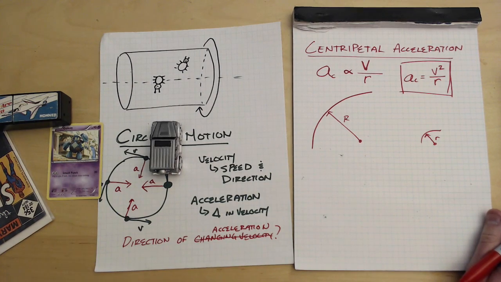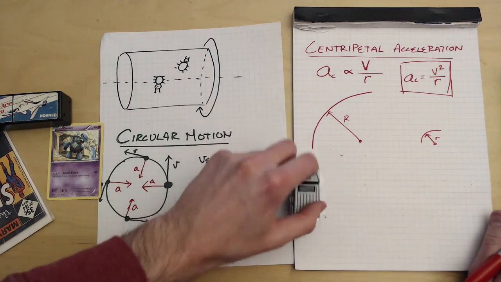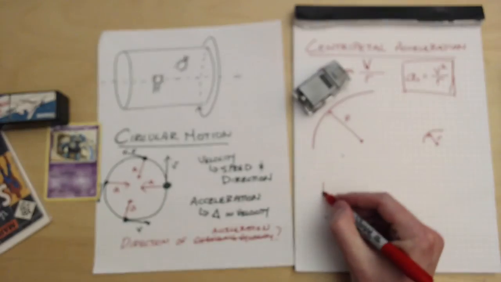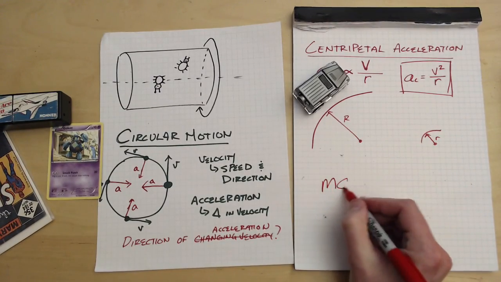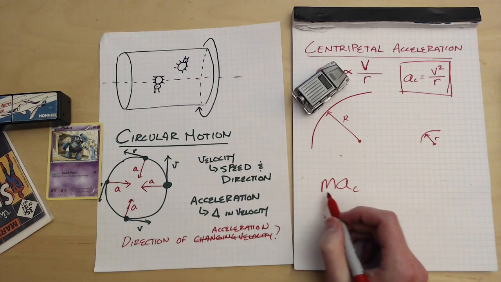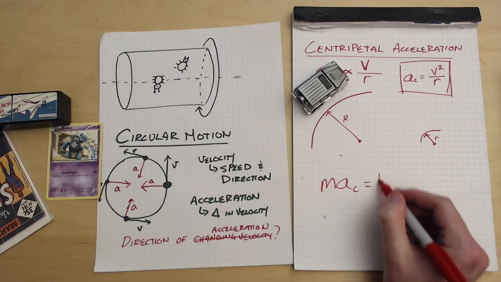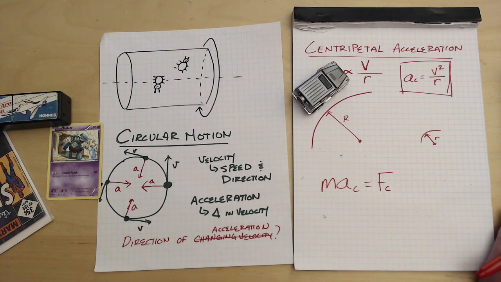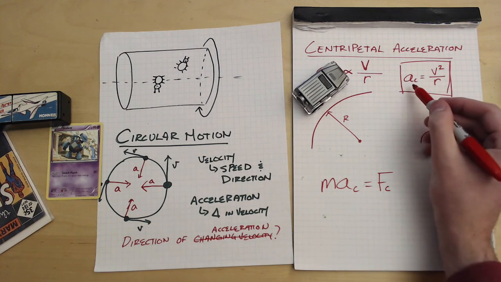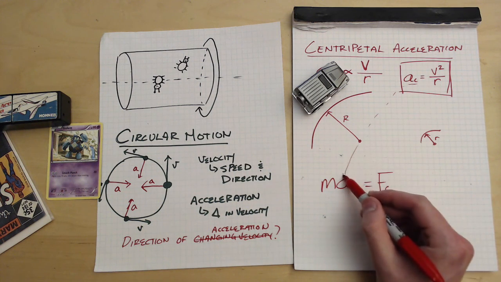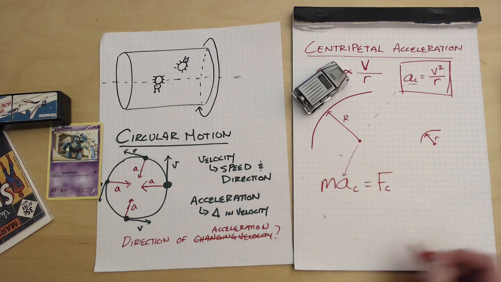Well, hey, I know what you're saying now. Well, hey, wait a second. This thing has a mass. And if this mass is accelerating, well, that must mean mass times acceleration. That must mean there's some sort of centripetal force in this situation as well. Well, you're exactly right. So let's plug in the centripetal acceleration equation here into our centripetal force equation, and we're